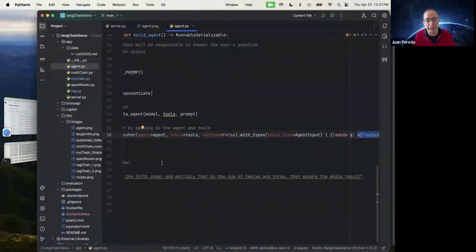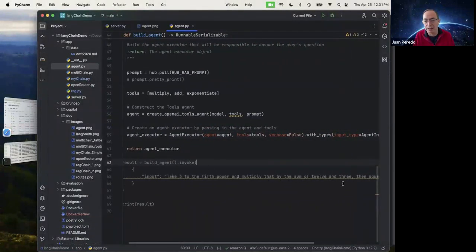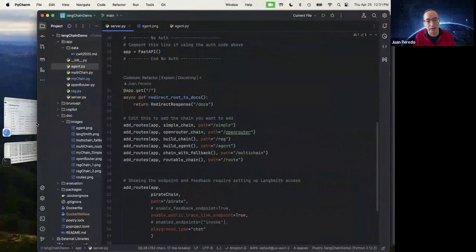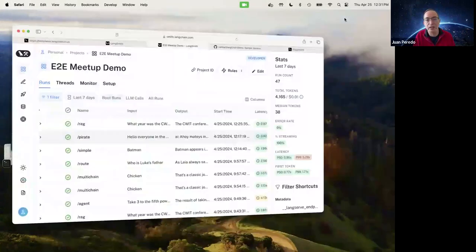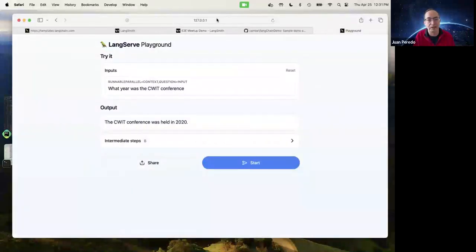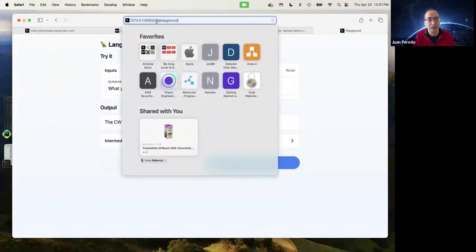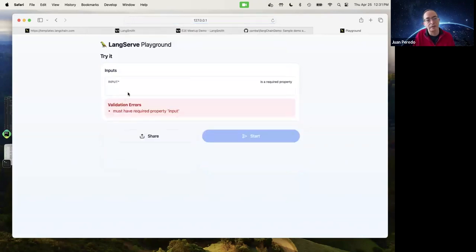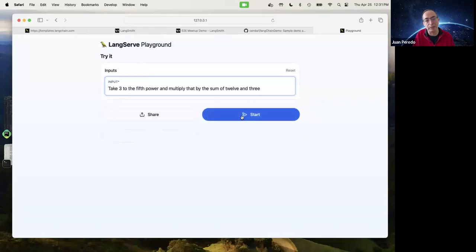So let's see if we can get our LLM to do math. I'm going to come here, and the name of our endpoint is agent. I'm going to give it a math problem to solve and see what happens.